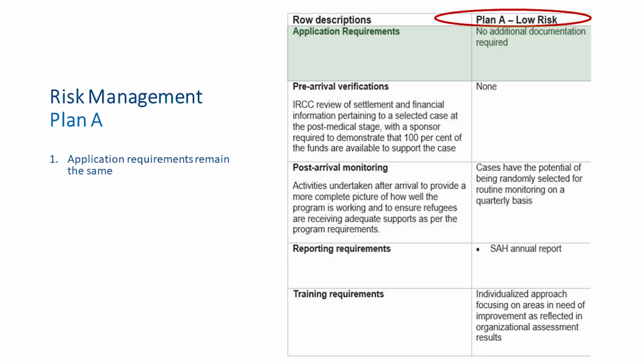As of November 1st, you do need to make sure you're using the new forms and guides, but there are no additional documentation requirements around supporting documents that you might need to submit with your application package because you are in the lowest risk plan category. Whereas SARs in plans B and C have additional supporting documentation that they have to submit with their applications. So with the exception of the new forms and guides that will launch on November 1st, there are no additional documentation requirements and no changes to the application requirements for you as SARs in risk management plan A.